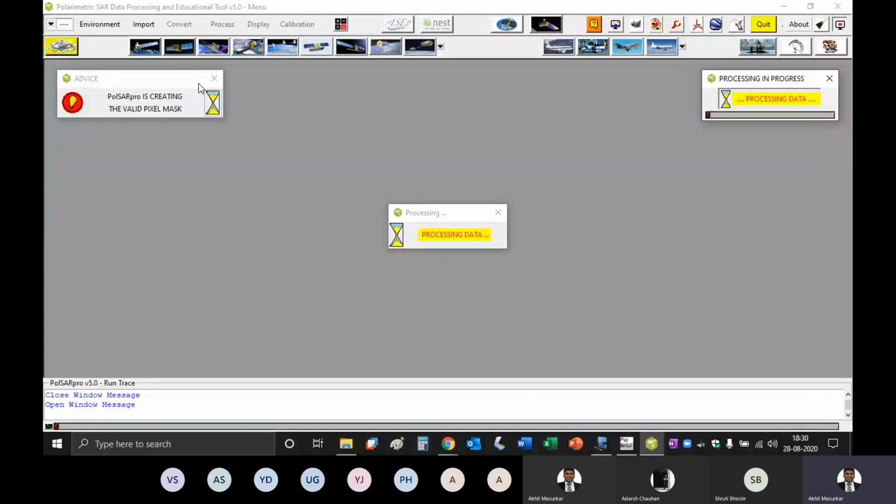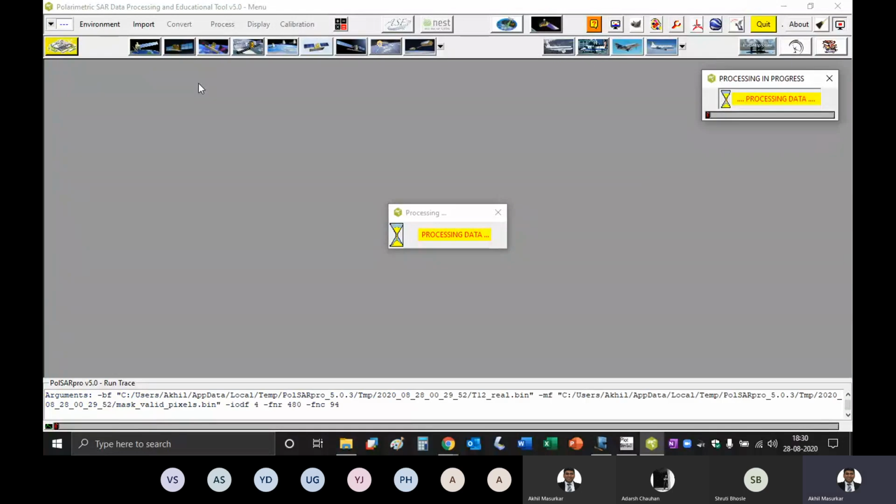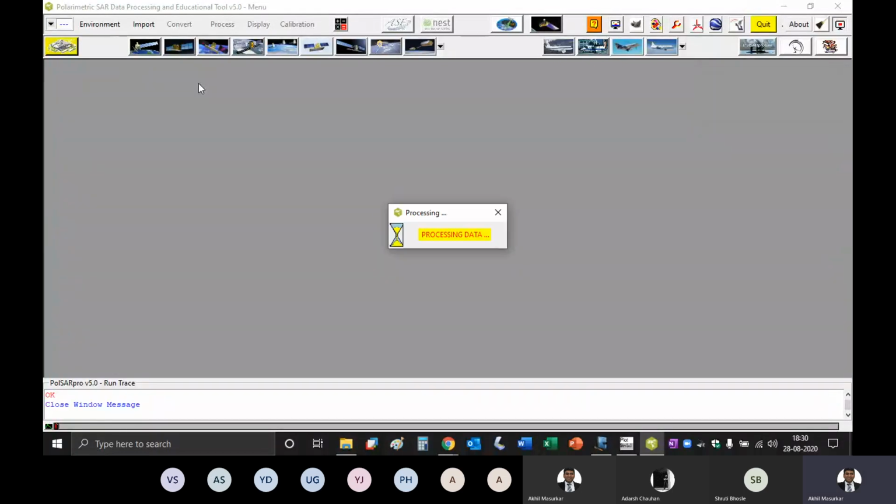Okay, great. So we are now getting the quick look image. Now, why are we doing this? Because we want to focus only on certain parts of the image.